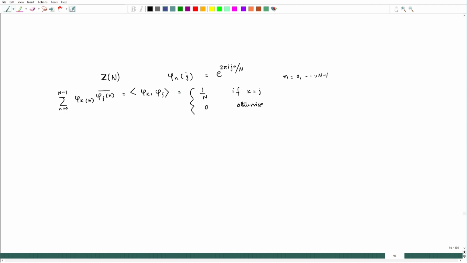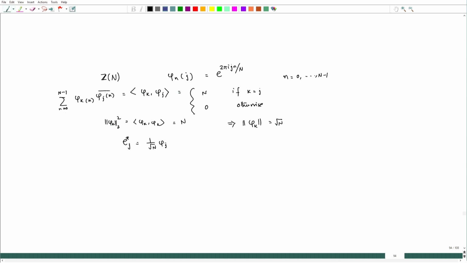So, now if I take phi k, by our notation, the norm of phi k square is equal to 1 over N. This will imply that the norm of phi k is 1 by square root of N. Oh, sorry, there is a slight mistake, the norm square is equal to N, and so the norm is square root of N. Now, if we normalize this, let us call it E star of j is equal to 1 over square root of N